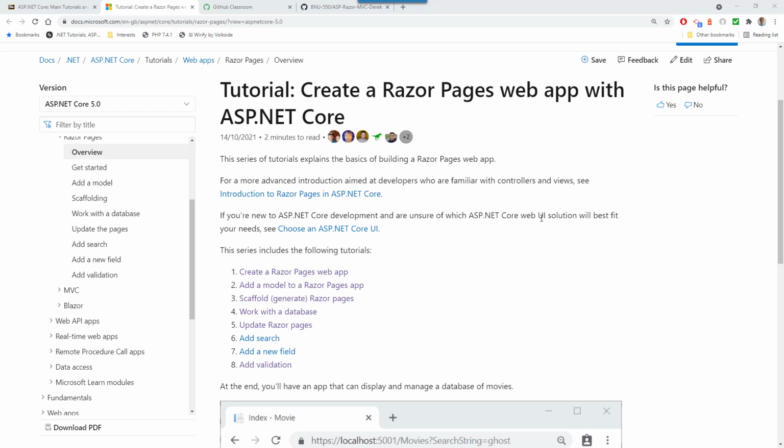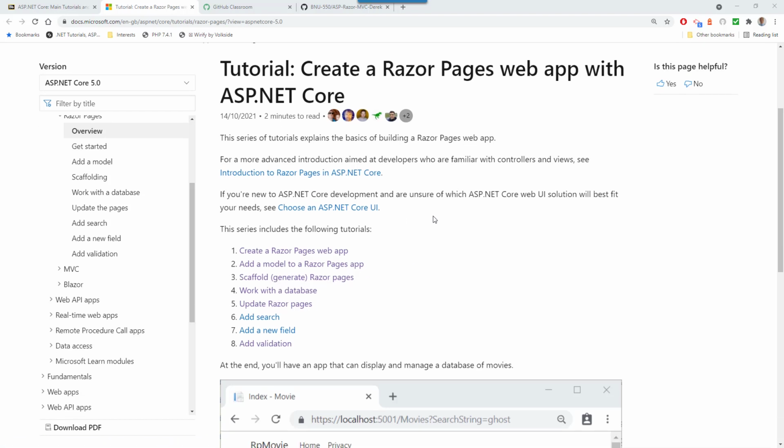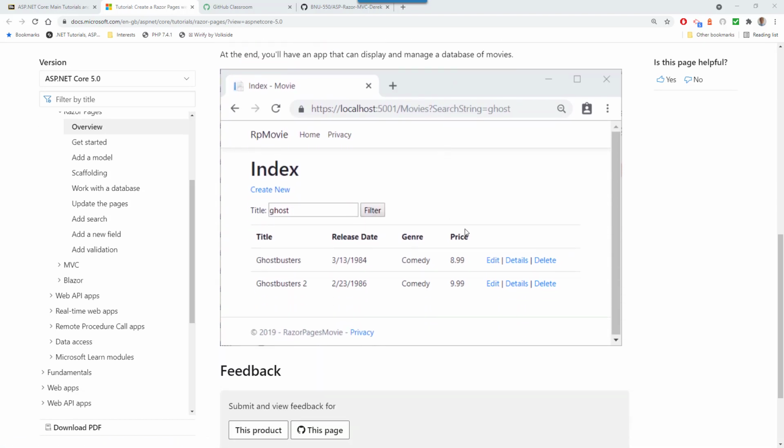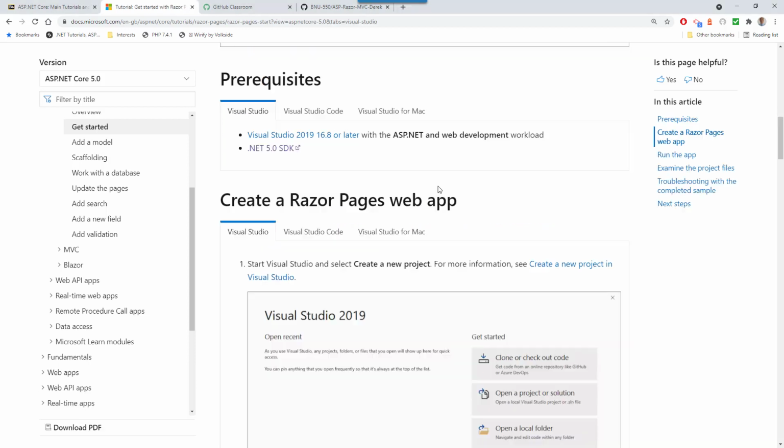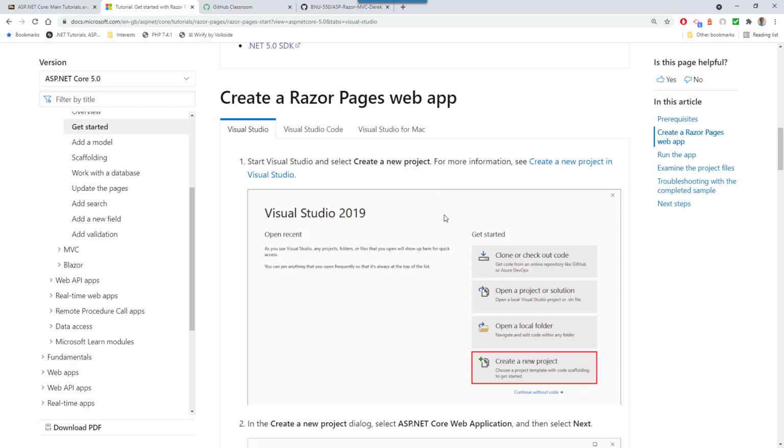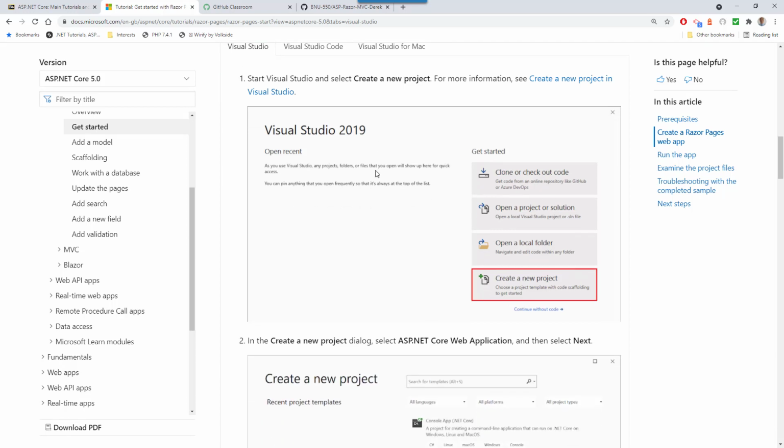Let's just check with the tutorial and see if there are any differences. So this is the first page of the tutorial, and we're going to be working through up to about stage 4. You can see what the end result is going to look like here. We're going to have a list of movies which we can edit, we can get the details of, and we can delete, and we can search for and filter. Okay, so we've been through these steps. Let's just check them. Creating a new project,